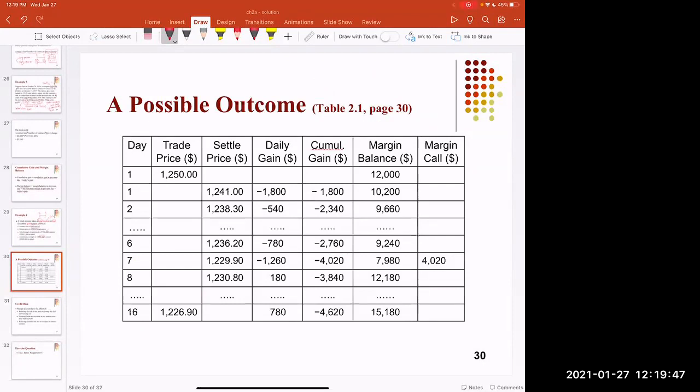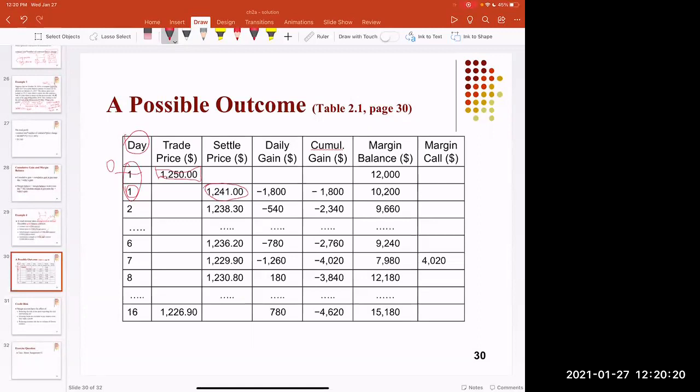The first column shows the day. So day 1, day 2, day 3 until day 16. You see you have a day 1 row. This shows day, you can put it as 0, it doesn't matter, which means the beginning price, the purchase price. You take a long position, right? So this is the price you purchase. At the beginning of day 1, this is the price you purchase. At the end of day 1, the price becomes